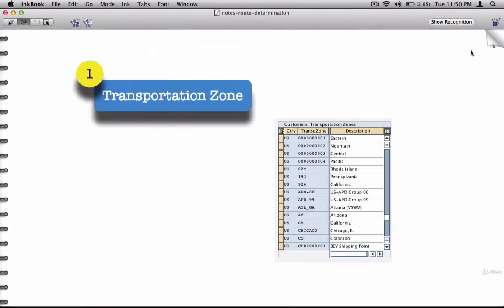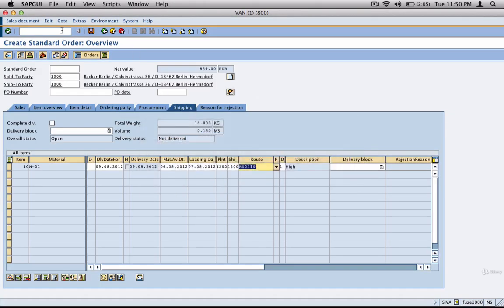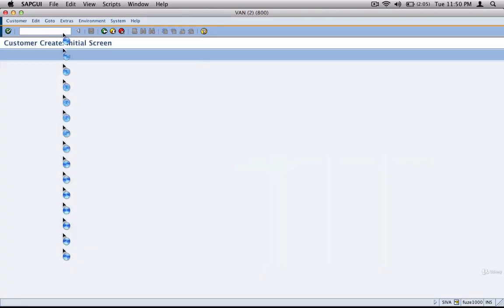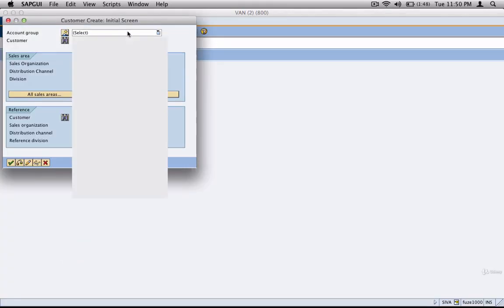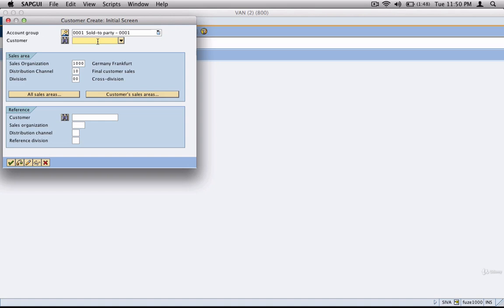Moving on. So what else is important? The first thing is what is called a transportation zone. This is one of the key parameters in defining a customer, because when you define a customer, let's say VD01, and then you select your customer account group, whatever number,